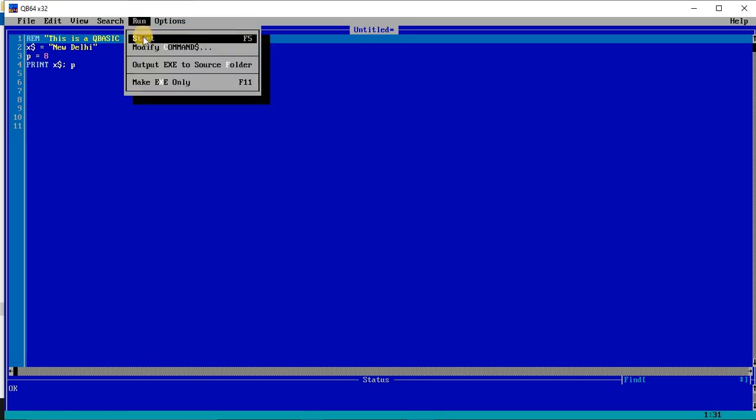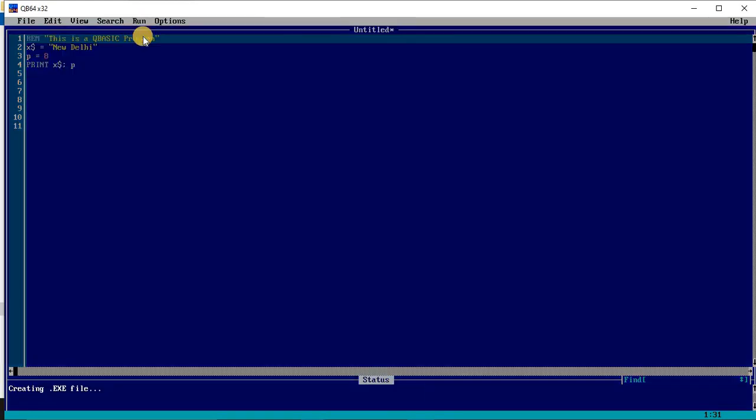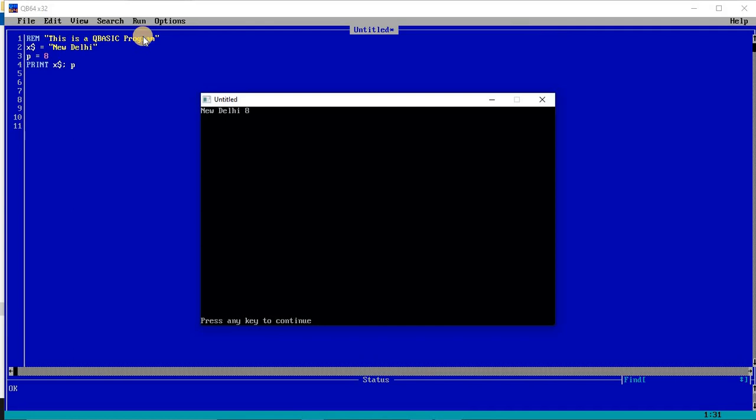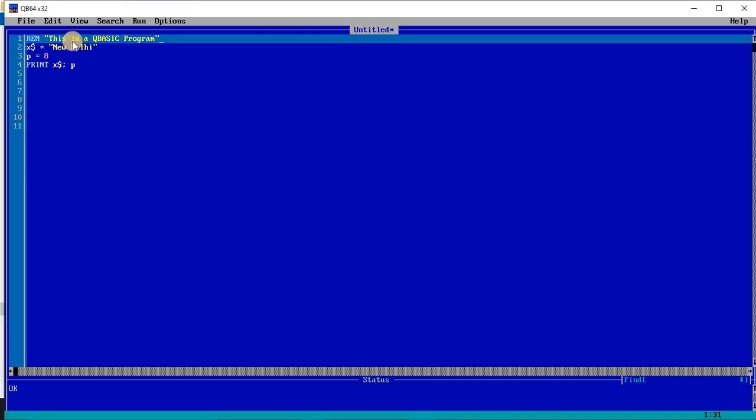Now if you run the program, you will not get any changes in the output, because the rem command is not working. Rem is only for the programmer who is writing the program. So you can see New Delhi 8, everything is the same as previous, where I have already added a new rem line, but this line is for the programmer, because if I want to write something in the program which I don't want to execute, I can write it with the help of rem.